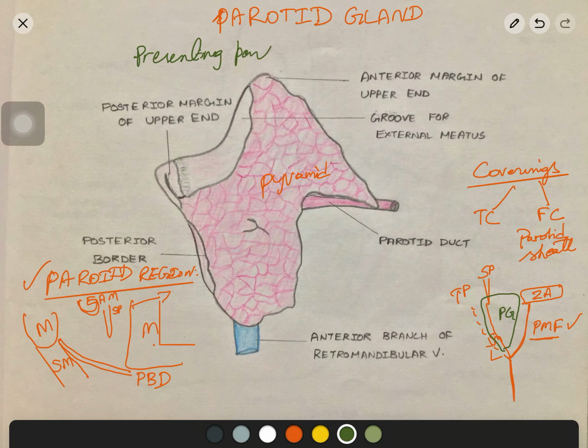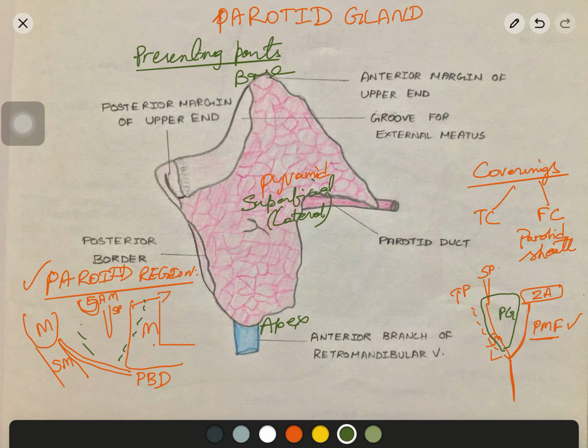Now we will start with the presenting parts of the parotid gland. As it is the inverted pyramid shape, it has the base above, apex below, and then superficial surface. So what we are seeing in superficial is the superficial surface. To understand the medial surface, the superficial surface is otherwise called the lateral surface. So parotid has one lateral surface and two medial surfaces. One medial surface you can understand if it is over the mastoid process.